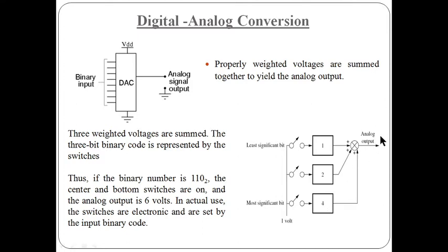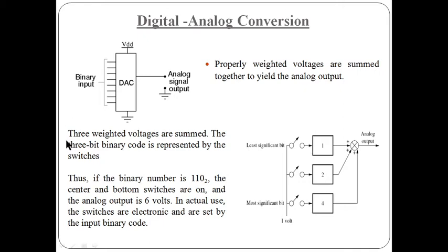To convert this digital to analog, we are going to use a 3 bit digital to analog converter. This 3 bit converter has 3 separate resistance circuits. The binary input is supplied to the circuit here. If the value of a bit is 1, or high, then its circuit is connected to the output, and the voltage across this bit is summed there. If the value of the bit is low, meaning 0, then that circuit is not connected. I will show you in the next diagram.